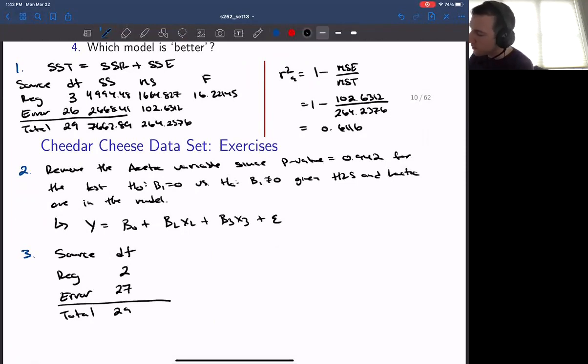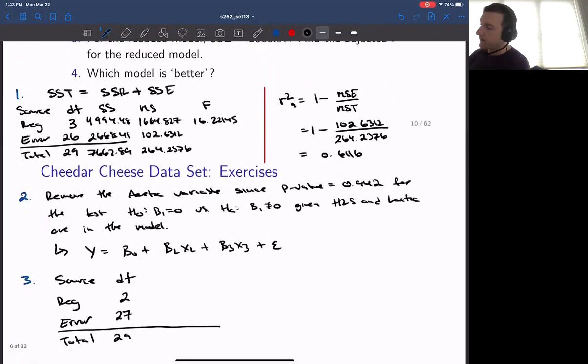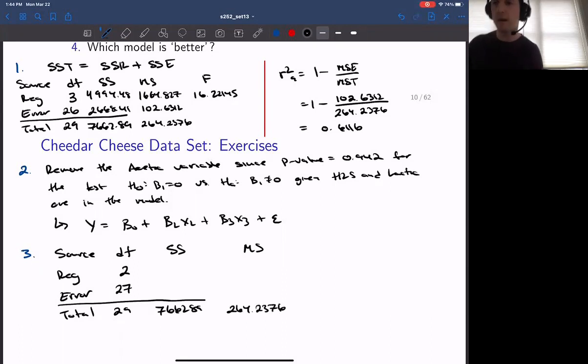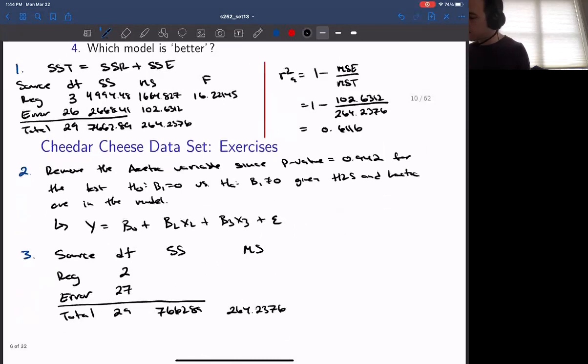So that gives us an additional degree of freedom for the error term. Okay, now the total DF, or the total sum of squares, is going to be exactly the same. Therefore, the total mean square is also going to be exactly the same. But we have one less regression term. So the error term here, you can see, has increased to 2,668.97, albeit it's a very small increase, which means that we have an SS regression